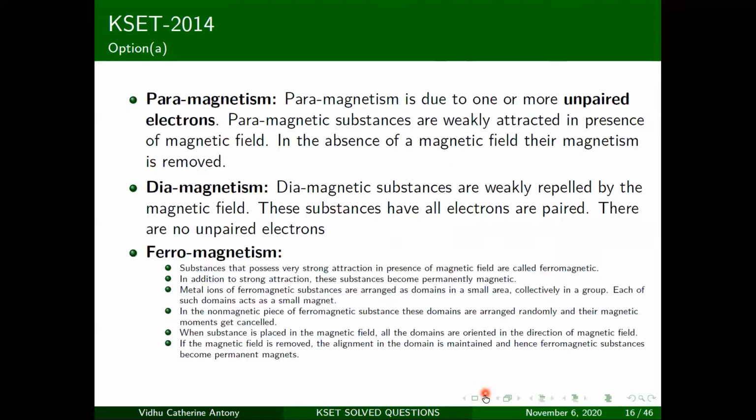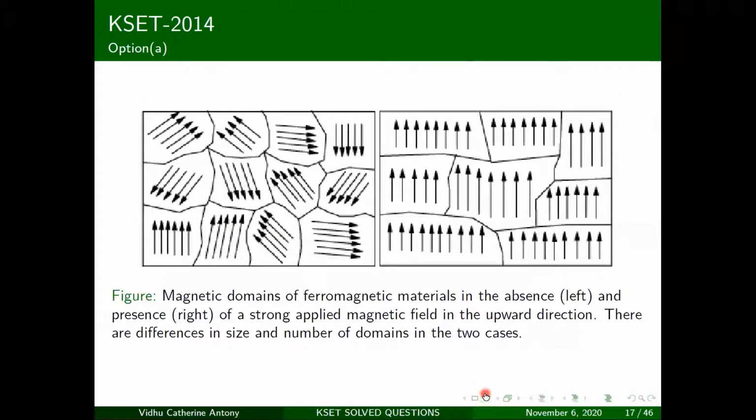Now let's go on to understanding this. So how do you do that? This is your ferromagnet. What you do now is you take this ferromagnet and place it in a magnetic field. What you realize is that all these arrows are pointed in the direction of the magnetic field. Let's say the magnetic field is in this direction. All of them are pointed in the direction of the magnetic field.